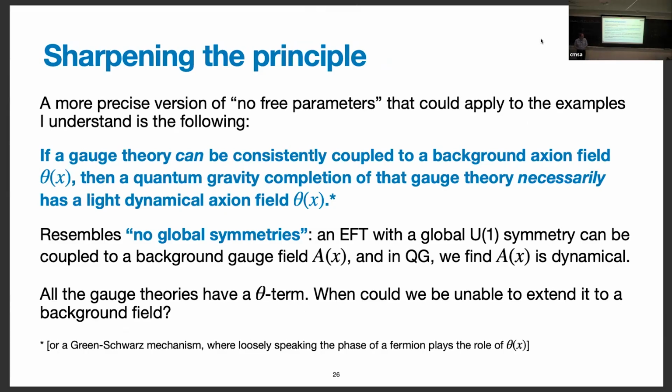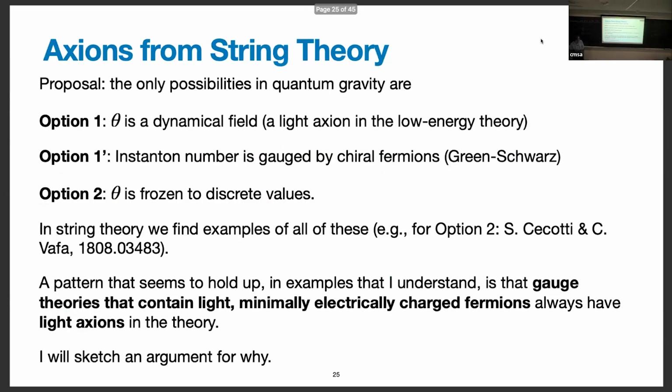The condition I missed, can I go back to? Yeah, when there's a light, minimally electrically charged fermion. So in the example we were studying with Cecotti, if I remember, it was N equal to pure supergravity. So everything charged was very heavy. Your U(1) was coming from C4 reduced on a 3-cycle in type IIB, and the charged states are D3 branes wrapped on the 3-cycles, so they're very heavy. So the examples I know have that flavor, where the things that carry electric charge are very heavy objects.